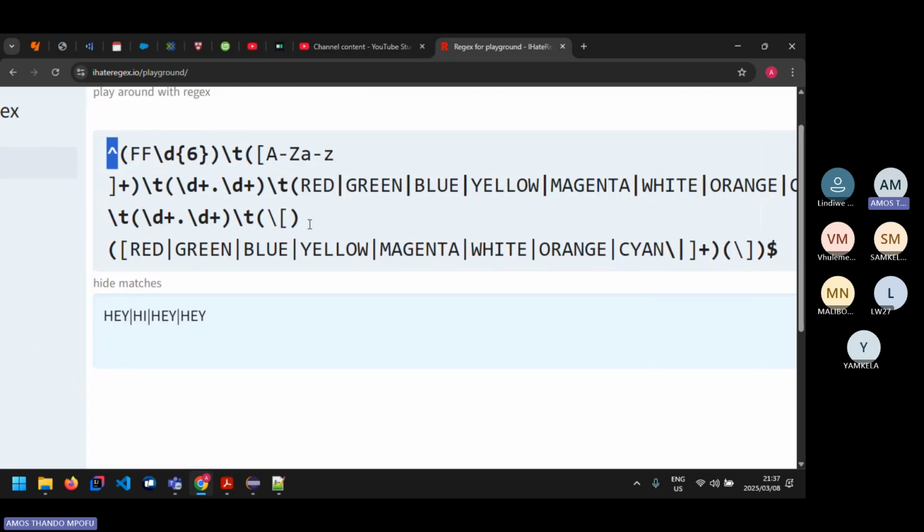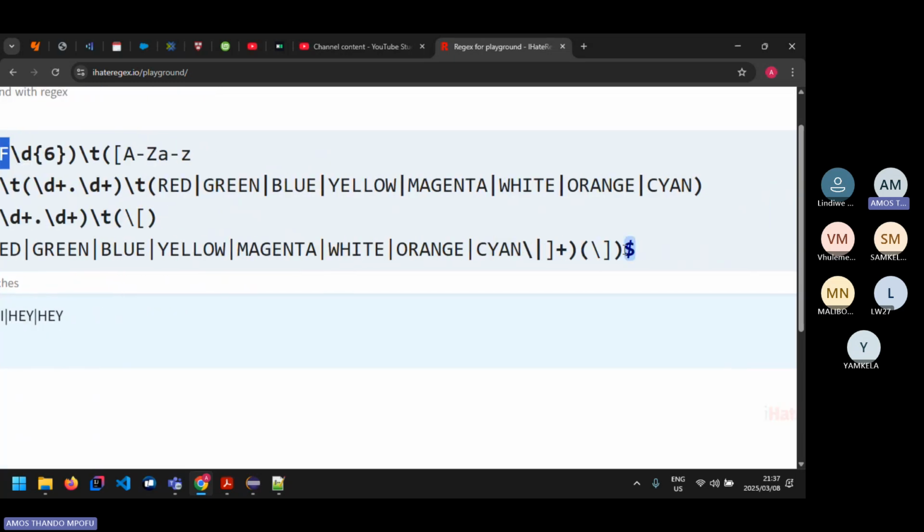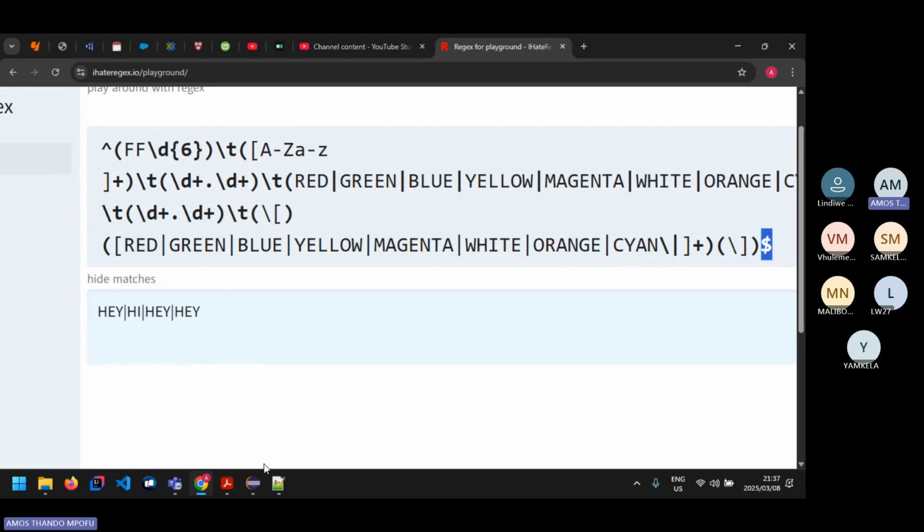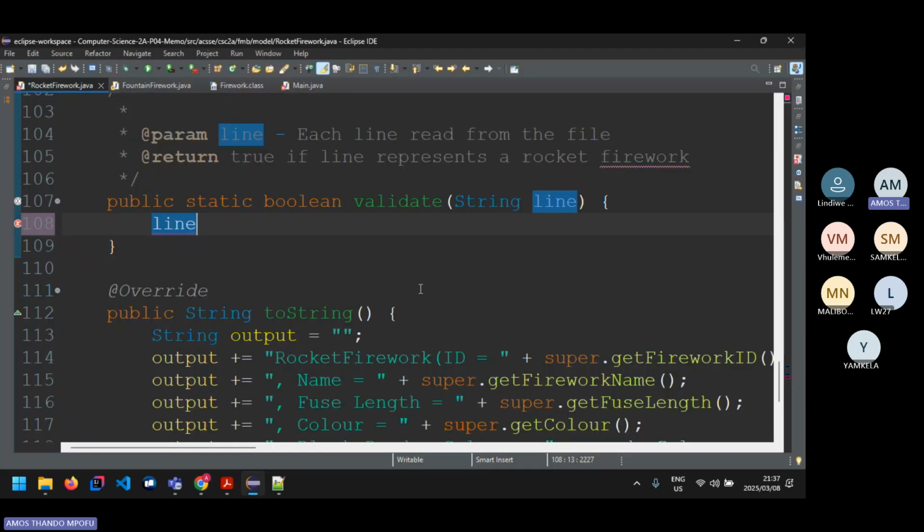It starts exactly with two F characters, and it ends exactly with a square bracket. There's no spaces after those two things. So I need to trim to remove those spaces. So I'm going to take that line and trim it first, right? So I'm going to remove white space